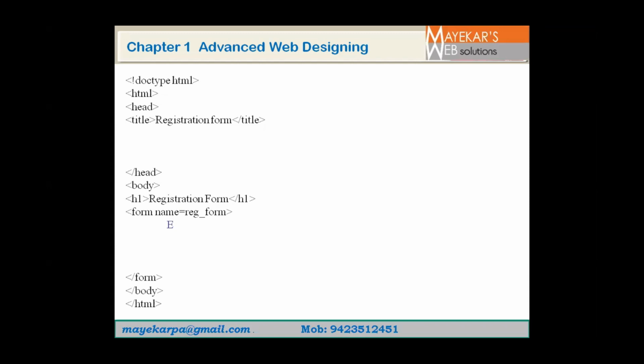Now here, Enter Name colon. This is the label. The label can be created by yourself. Whatever you write, that will display as it is on your screen when you open it in a browser. So Enter Name colon, input type is equal to text, name is equal to name, and here we are closing this input tag. So what we are doing here, we are going to create a text box, and just for identification we are giving a name to the name attribute. Okay, so input type is equal to text, means you want to create a text box, name is equal to name.